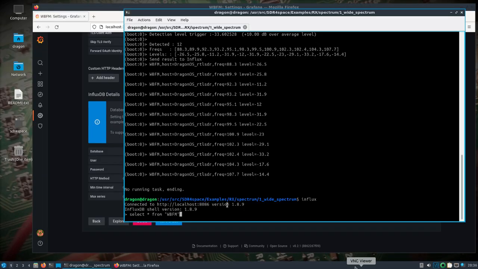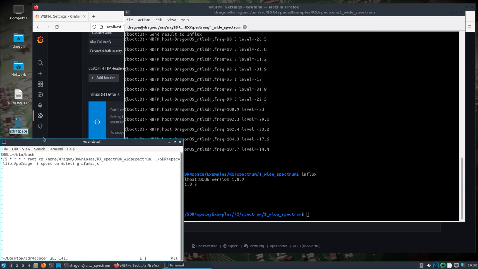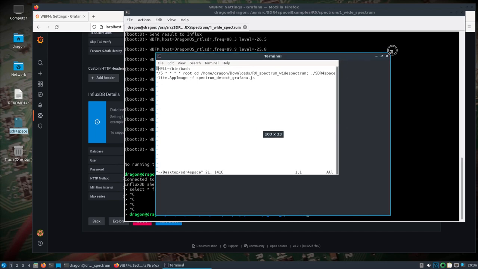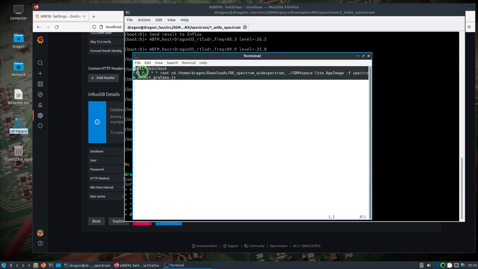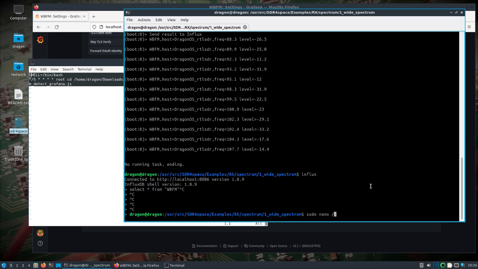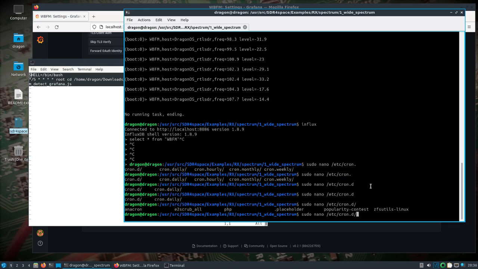Let's jump back over real quick. I know I'm going back and forth here, but what we can do, while we're continuing to work on this, is there's a file I've got here. You should be able to see this here. You'd set this up. I'm going to change it a little bit, and you could create a cron script. Let's do a sudo nano in the /etc/cron.d folder, and let's call it